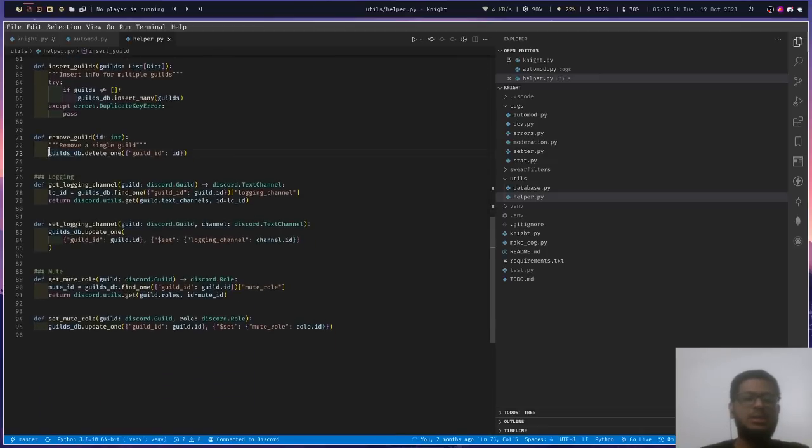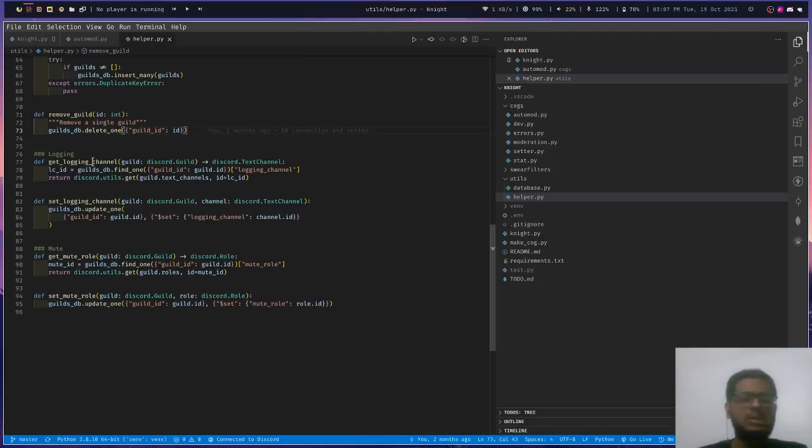And then this is remove guild. Whenever the bot leaves the server, this can be used to delete the information of that guild from the database. Next is the setting and getting of the logging channel, as we have seen earlier, and this is for the mute role.